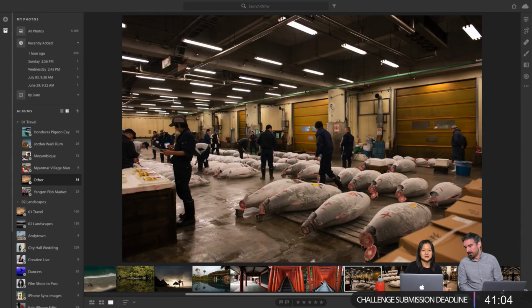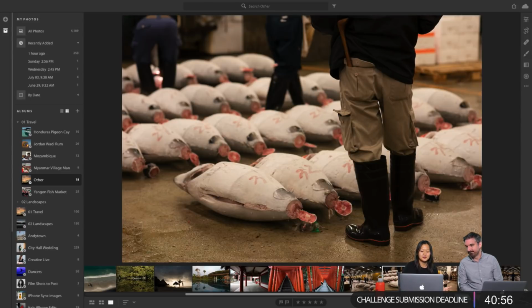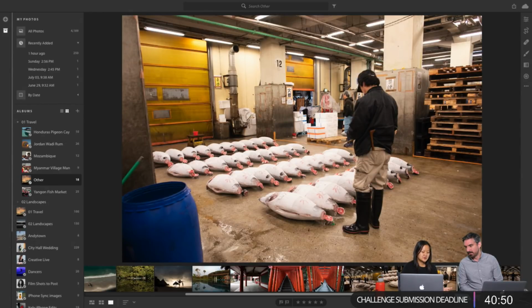And then of course I did the tuna auction at the fish market in Tokyo, and it is really cool to see at least once. I don't know what the current status of the fish market is because they were planning on moving it to a new location. It had been in the same location for generations.